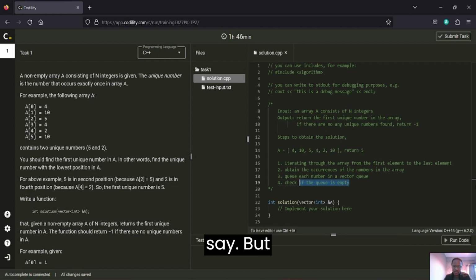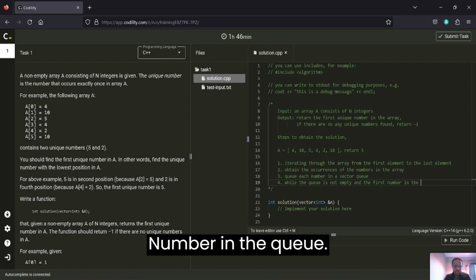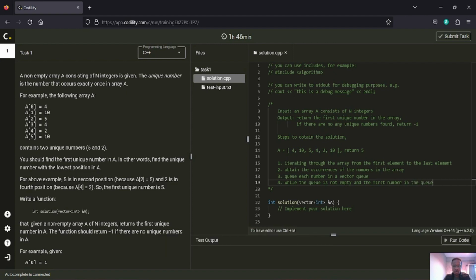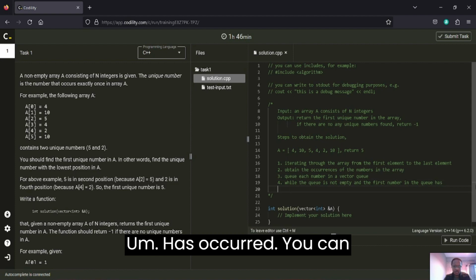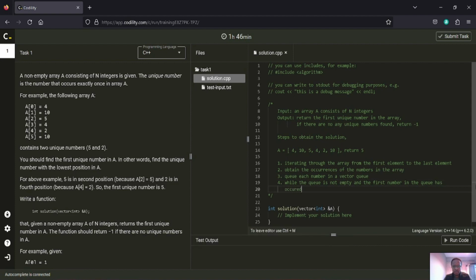So we can say that while the queue is not empty, and the first number in the queue has occurred more than once,